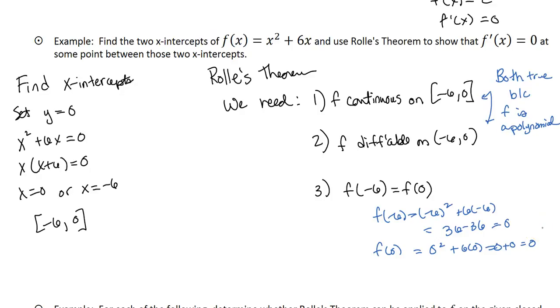Now that's no surprise. You knew that they were going to be 0 because they were both x-intercepts. So if you just wanted to state that they're both x-intercepts so the y values are 0, that's fine as well. But basically this gives us the conditions to say that Rolle's theorem